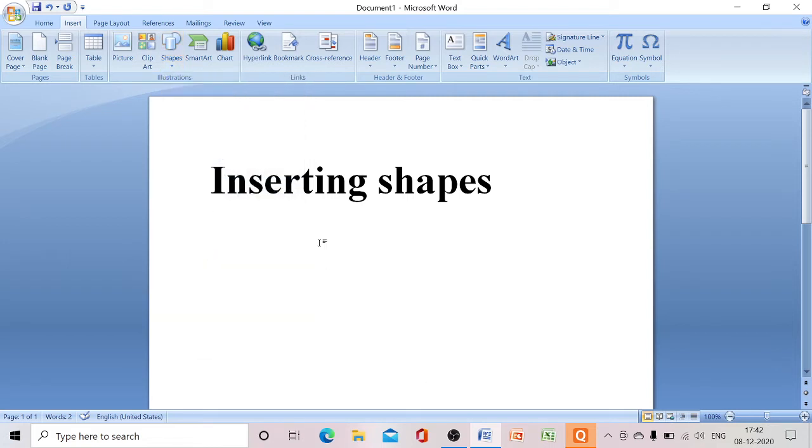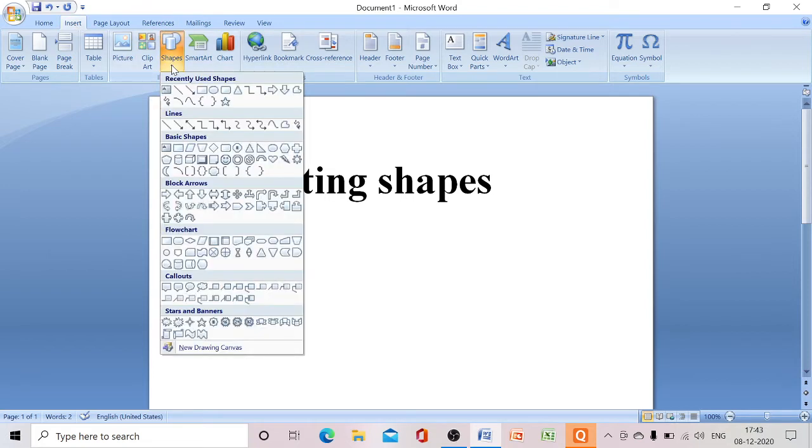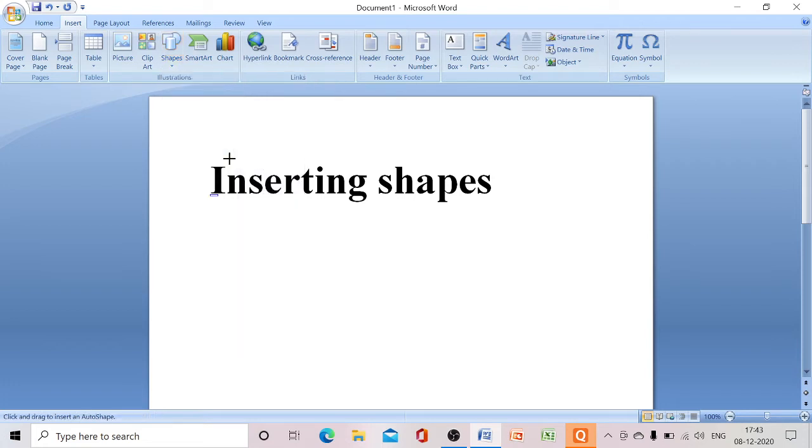To insert a shape in MS Word 2007 we have to click on the insert tab, then click the shapes option. When we click the shapes option we can see a group of ready-made shapes. From that let us select any one of them. Here I am going to select this shape. For that we have to click on the shape and drag it.